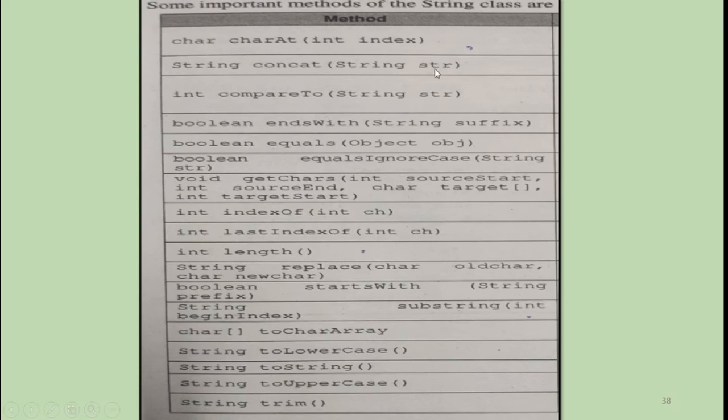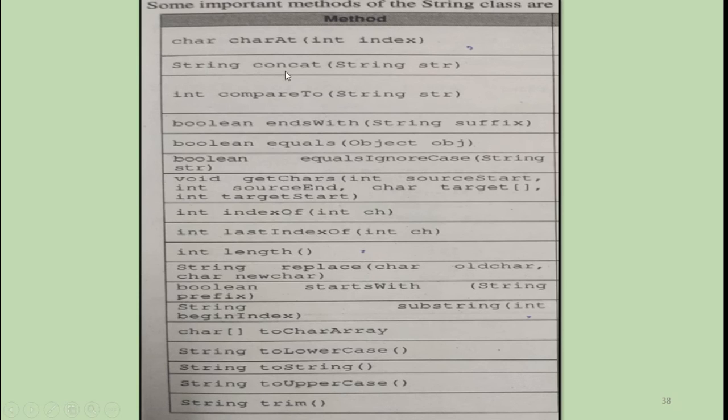These are some important methods of string class. So what are the methods? First one is charAt. It returns the character at the position which is denoted by the integer index which is passed as parameter to that function. The first character of the string is at index 0. You know this, whenever we store the string value, it will start with the index 0.